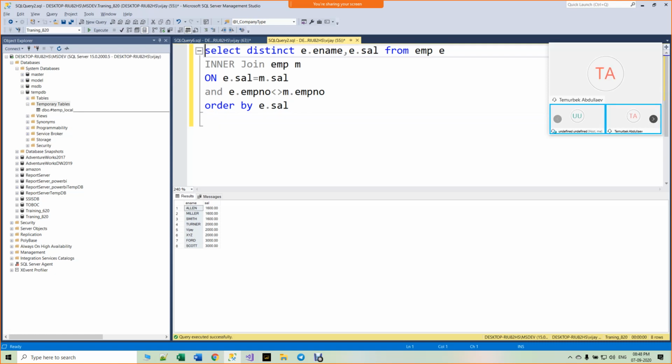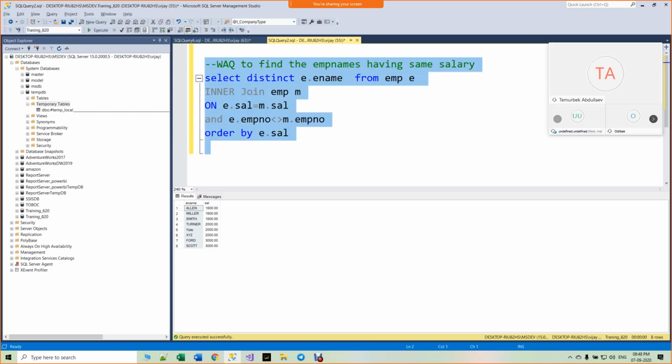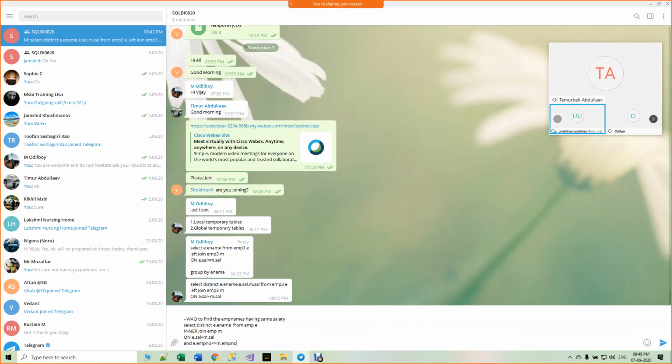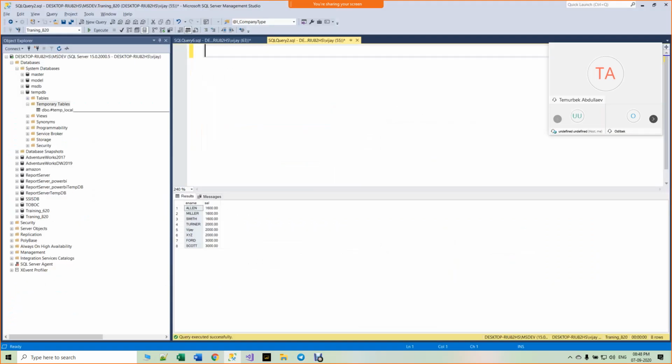Let me write the question also here: write a query to find out the employee names having the same salary. It is not required. Is it clear? Yes, clear.